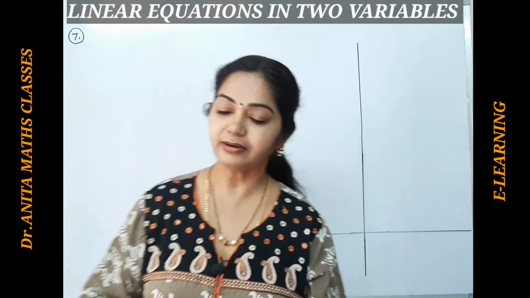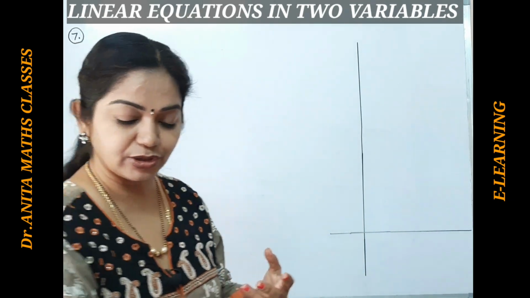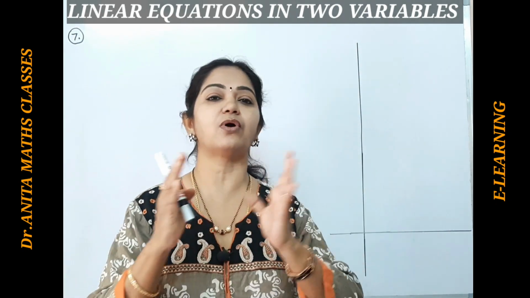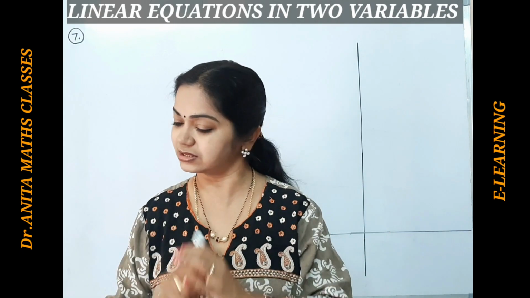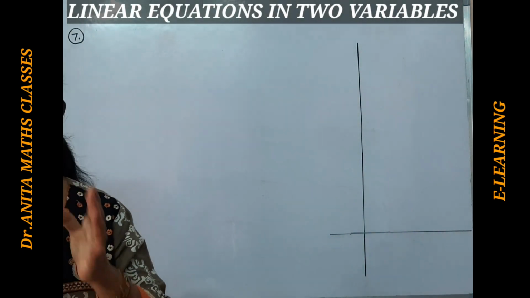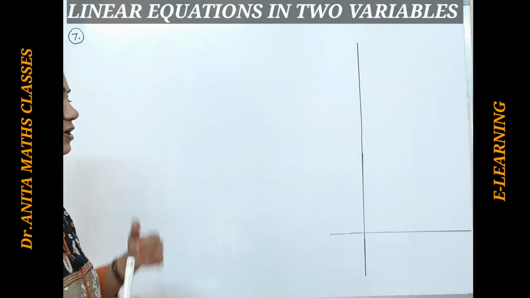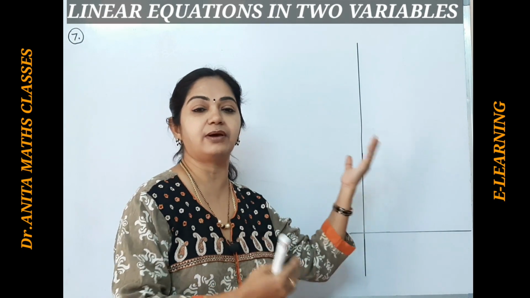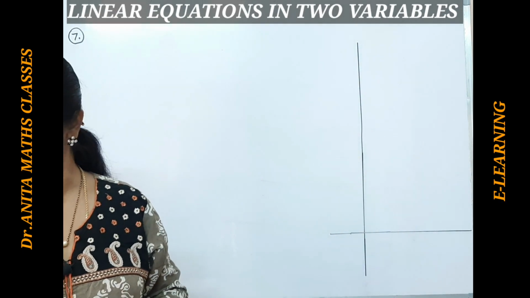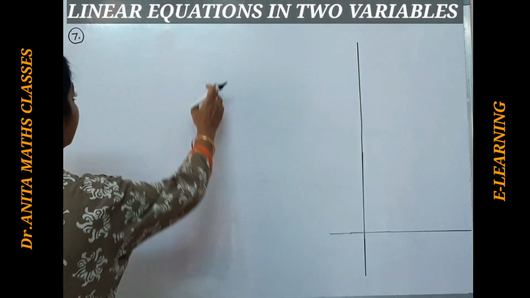So, from the given data we have to draw a linear equation. Now what is given? The ratio of the quantities of hydrogen to oxygen is given, and the ratio is 1:8. We have to set up an equation, and from that equation we have to plot the graph. Then from the graph we have to find the two more solutions for the questions. Okay, let us start with the data given.